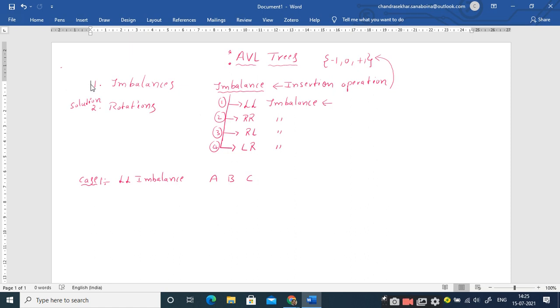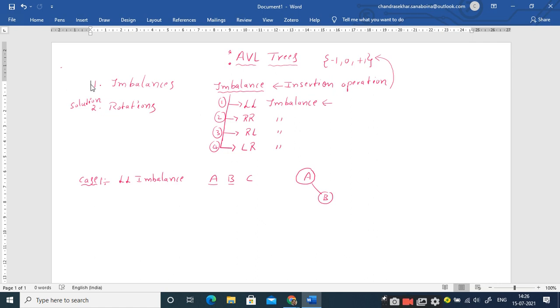Right. So if we are given these 3 elements, and if you are asked to construct an AVL tree, what is it that you will do? The construction of an AVL tree is nothing but the construction of a binary search tree. We know very well about the construction of the binary search tree, where we have to take the first element as the root node. So I take the first element A as the root node, and by considering the second element, you should compare the new element with the root node. So when I compare this B with A, it should be placed as which child? Is it a left child or right child? Right child, sir. Right. It should be placed as the right child.